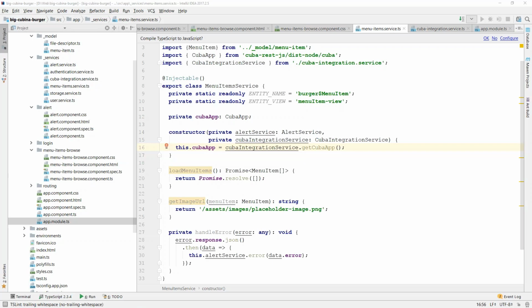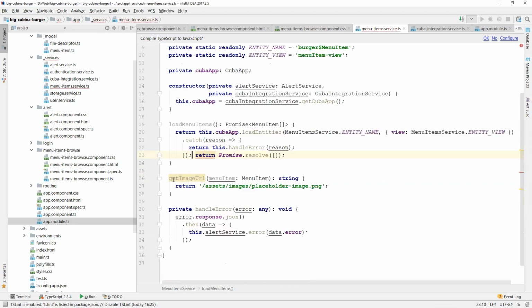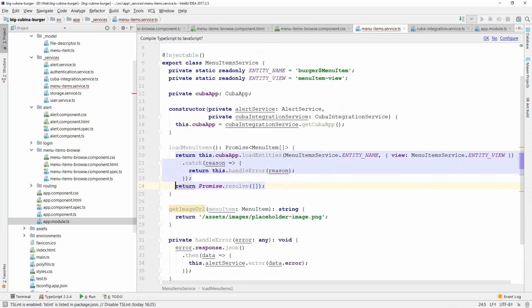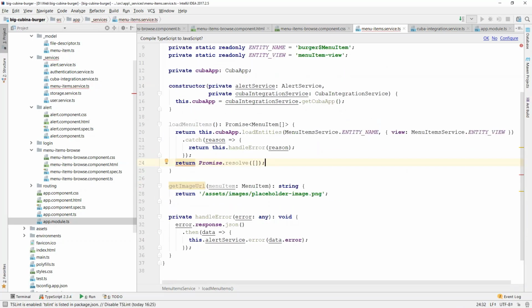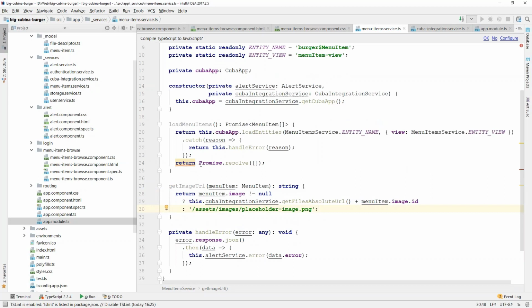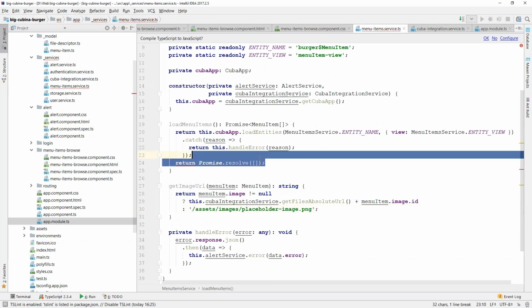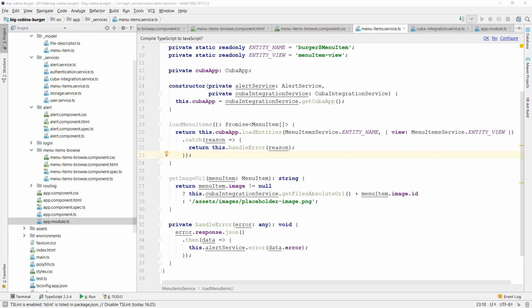So for load menu items. Okay, and for get image URL. So in the load menu items method, we use the load entities method defined in CubaREST.js. As parameters, we pass entity name and entity view.